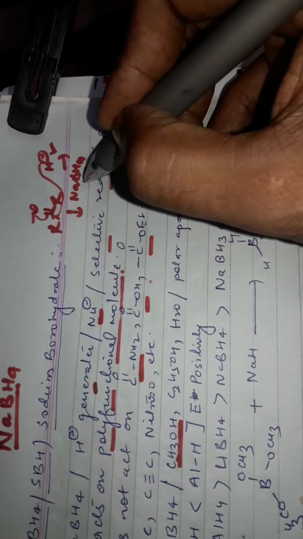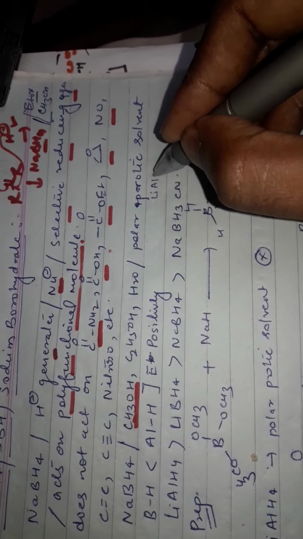If the reaction is carried out, suppose this ketone, where you want to reduce this C=O and sodium borohydride is added, there is a need for some solvent, like methanol or ethanol. It provides the medium. The solvent used here is polar protic,